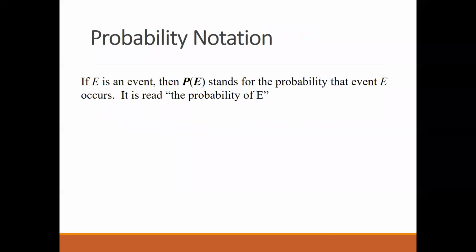Now, what is the probability notation written as? It is written as P into bracket E, where E is the event that is going to occur, that is, the probability that it is going to occur. So whenever you are writing an answer, you write P into bracket, for example a king is going to occur. So you can write P into bracket king and then write the answer for it.